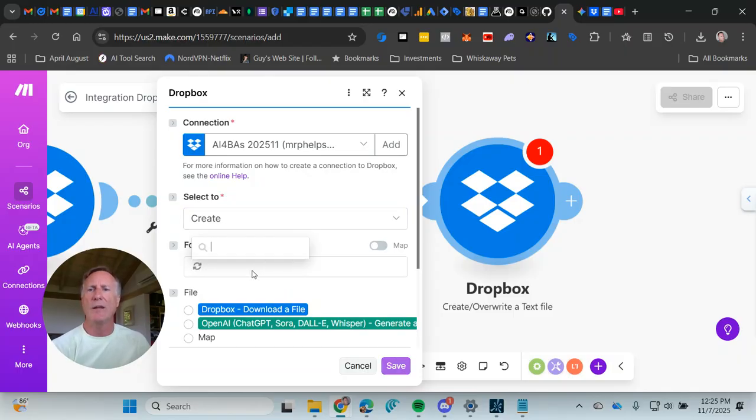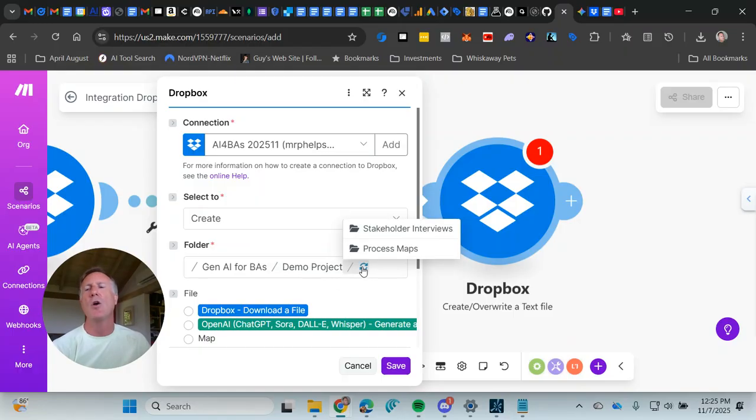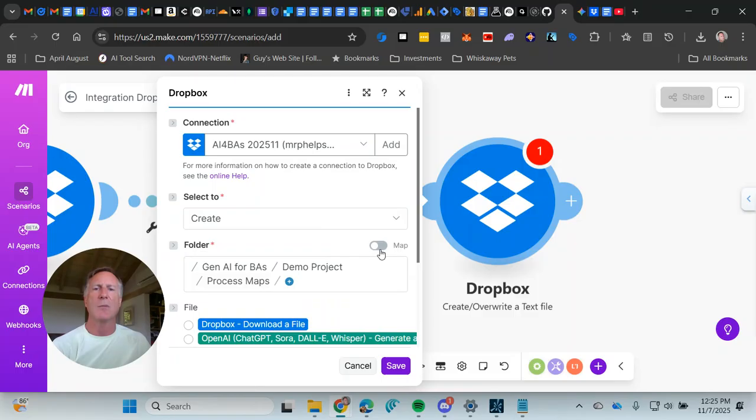Now here's the folder. We're going to click the folder here. And this is my file path. Your file path is going to be different. So I'm going to go demo project. Now this is where I want the file to go. I don't want it to go into the stakeholder interviews folder. I want it to go into my process maps folder. And I actually have a subfolder of that, the unapproved drafts, because I definitely am not trusting